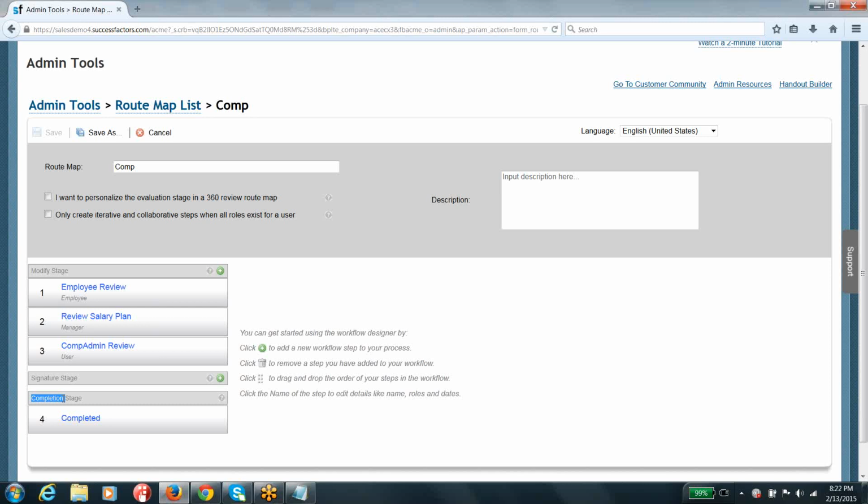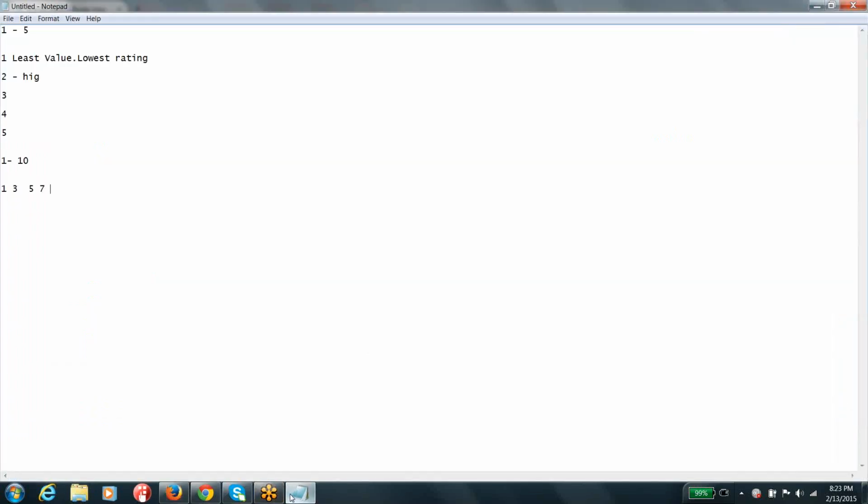How these steps are going to be useful to you is that the steps will tell you how a form should move from one user to another user, after that where it should move, after that where it should move, like that. It will define the sequence of steps of how your form is supposed to move in your organization. Say if we have a, let me take an example, guys.